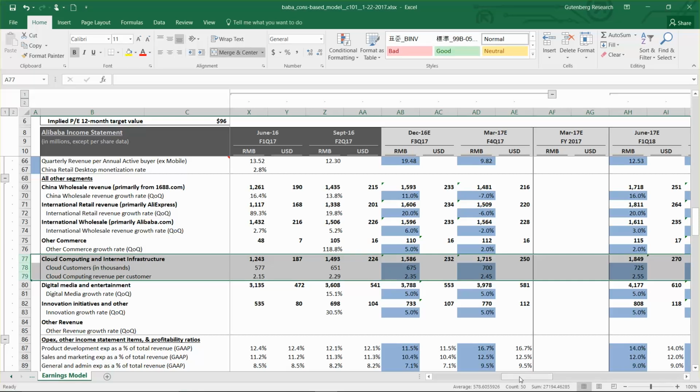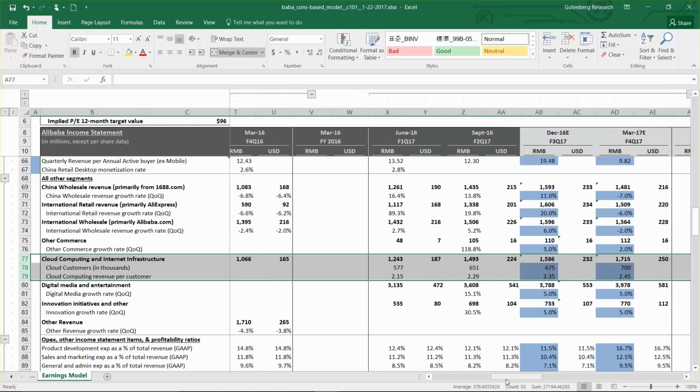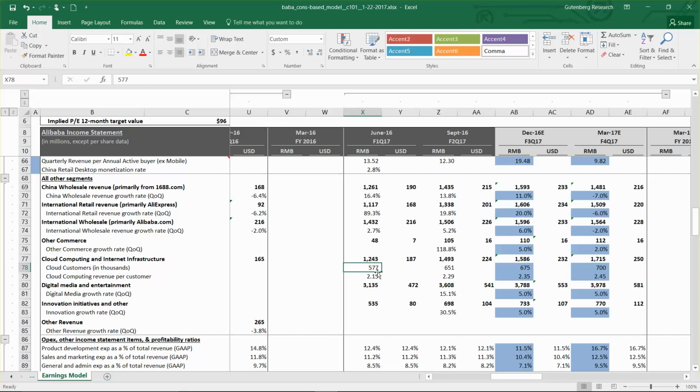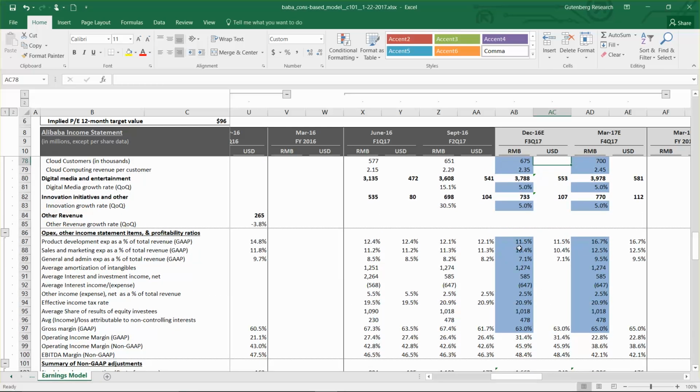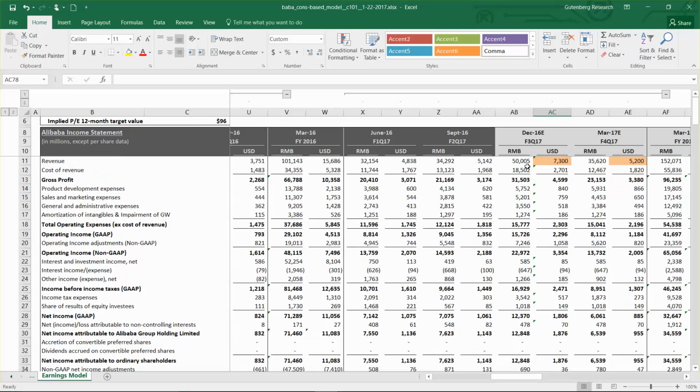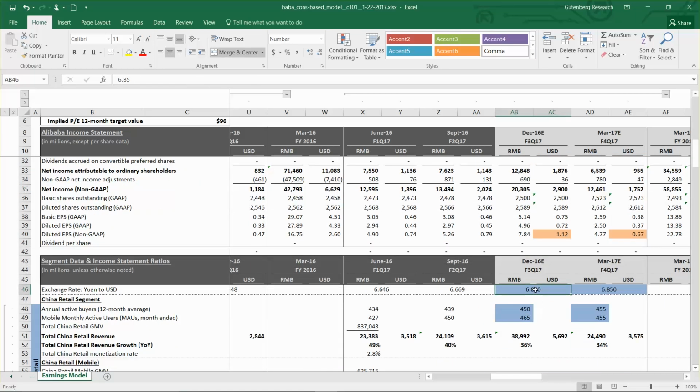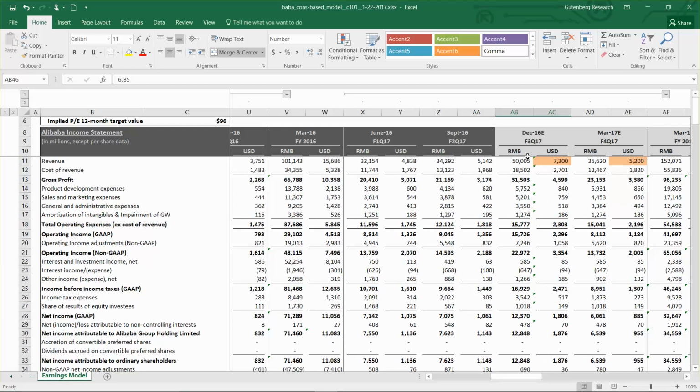So they started to disclose the total cloud customers in thousands right here. So I just do a simple division of revenue by customers to get a total revenue per customer, and then I use revenue per customer and estimates of customers for future periods to estimate future period revenue. So other than that, that basically gets us to the top line revenue estimate up here. It gets it in RMB, and then we've got an FX rate here,